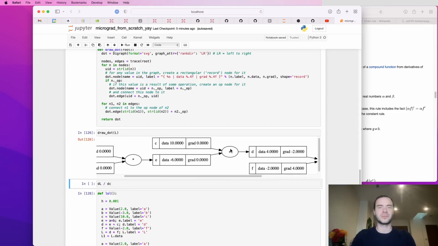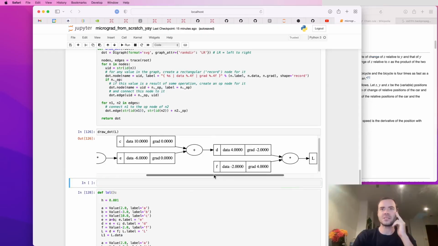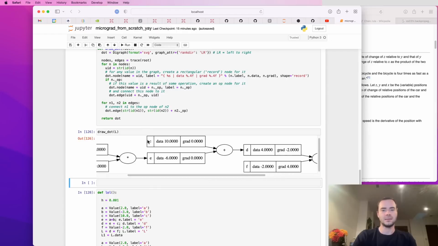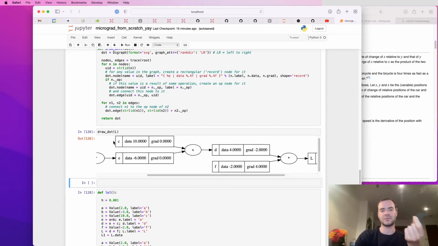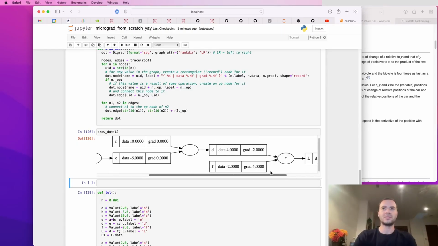Now we're coming here and we're continuing the backpropagation manually. So we want dL/dc, and then we'll also derive dL/de. Now here's the problem. How do we derive dL/dc? We actually know the derivative of L with respect to d, so we know how L is sensitive to d. But how is L sensitive to c? So if we wiggle c, how does that impact L through d? So we know dL/dd,